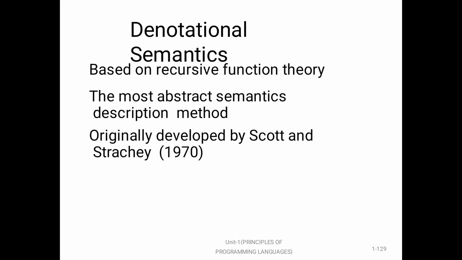The difference between denotational and operational semantics is that in operational semantics, the state changes are defined by coded algorithms, and in denotational semantics, they are defined by rigorous mathematical functions. Okay, the main difference is that in operational semantics, the state changes are defined by coded algorithms, and in denotational semantics, they are defined by rigorous mathematical